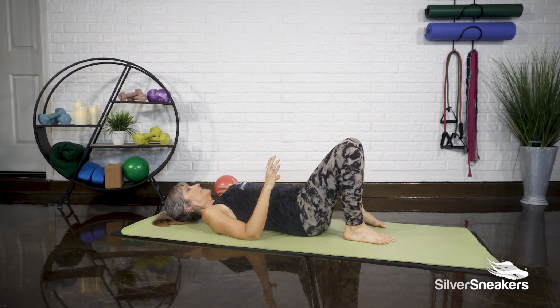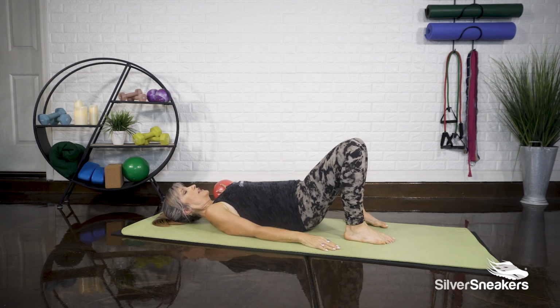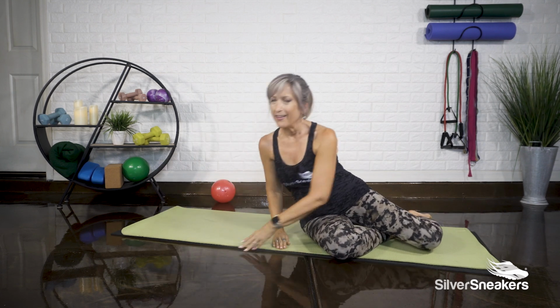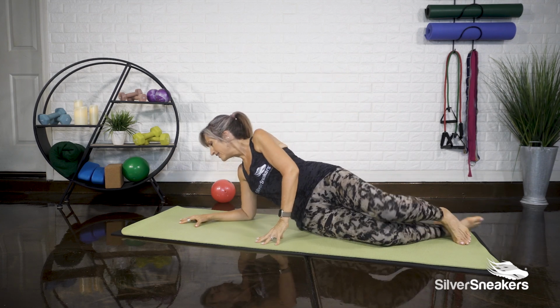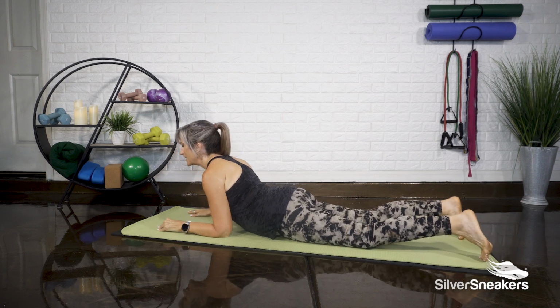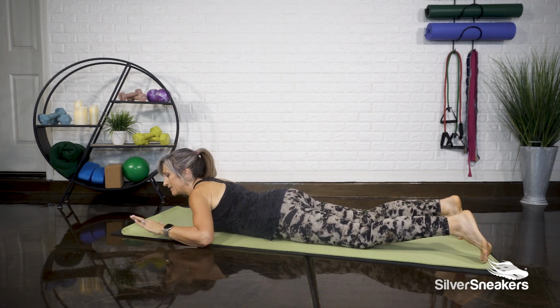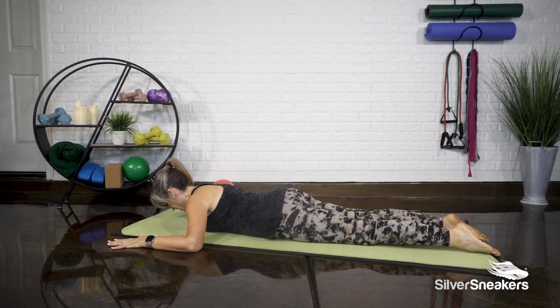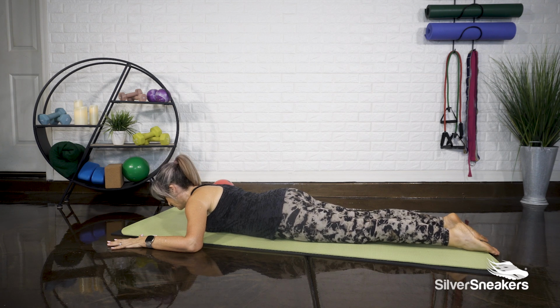Let's put the ball to the side. Rolling over to the side, use your top hand to lift up. And we'll come onto your belly to finish up. Come all the way down to the mat. And then your hands come out, kind of a goalpost arm here. Lengthening the back of the neck, press the tops of the feet into the floor gently and engage your derriere